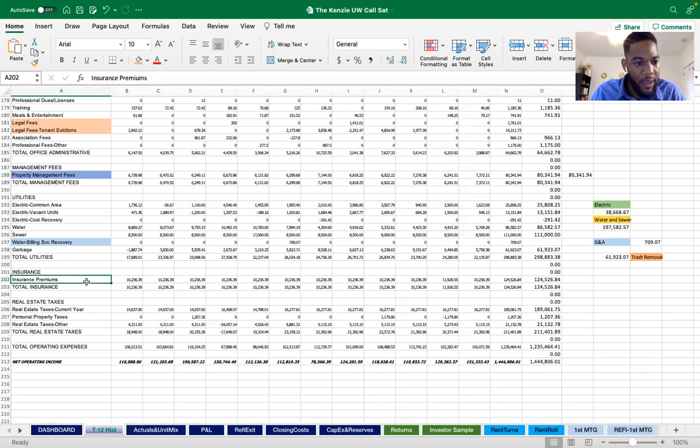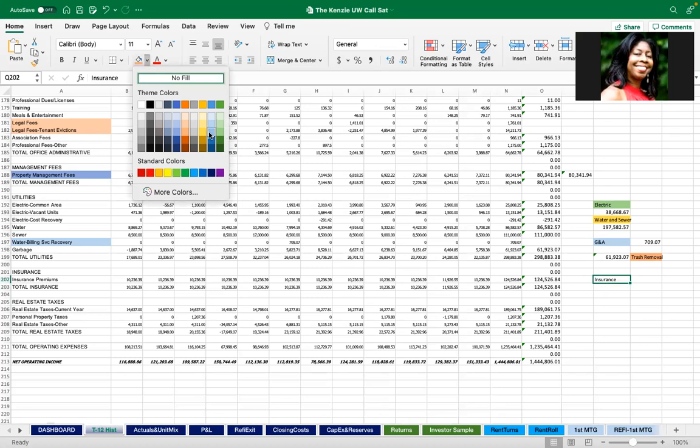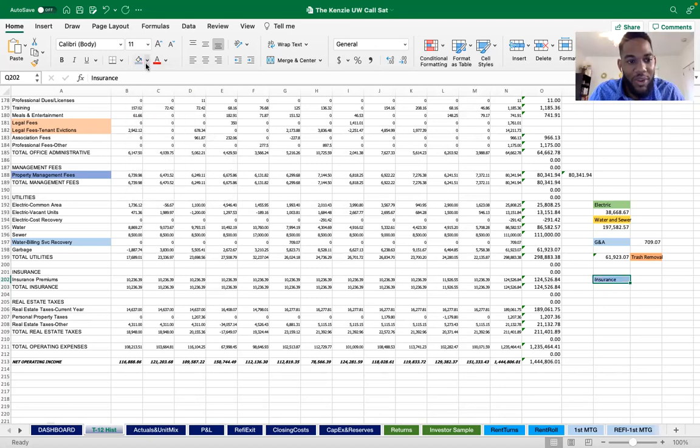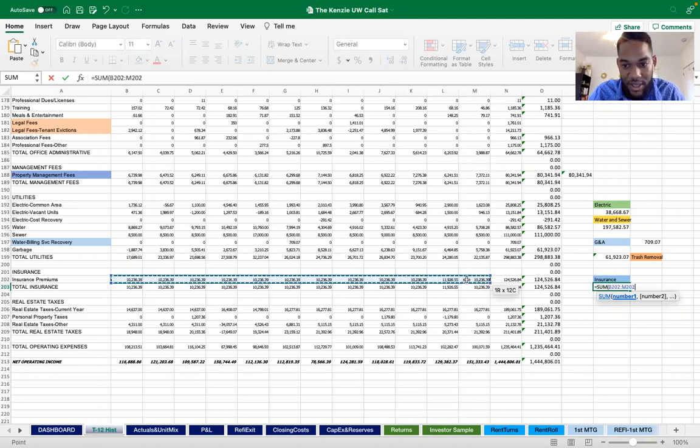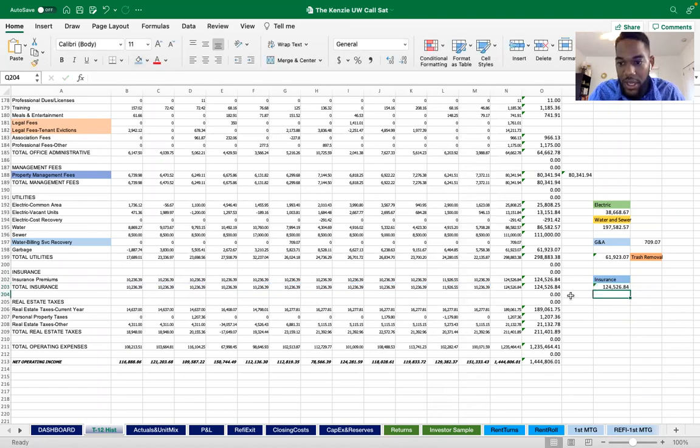So insurance premium, line item 202, I guess 3 points again. Where would you guys classify this one? Line item 202? Could that be contract services maybe? Or G&A? One more, come on, you guys got it. Line item 202. Should be insurance. There we go, guys. You got it. Hey, I'm right here with you. We're gonna get through this, okay? All right, so total insurance right here. This is insurance, so that total is 124,526.84.